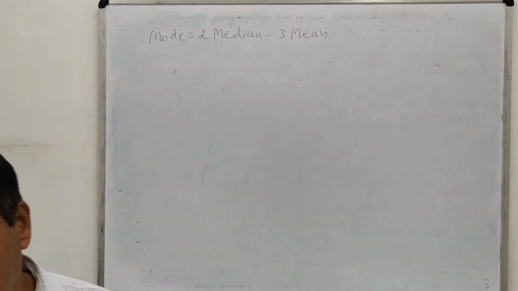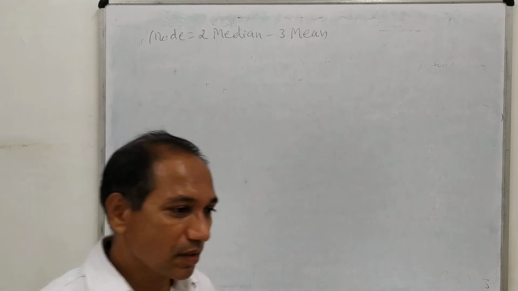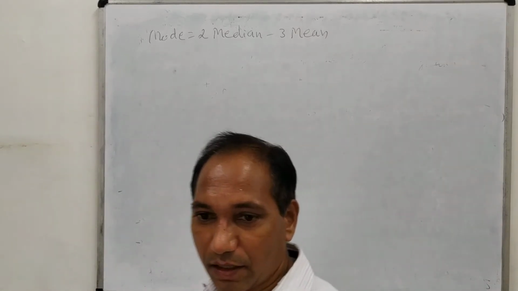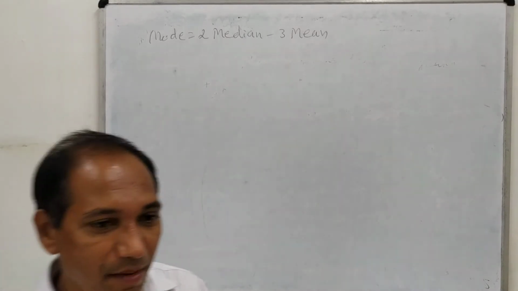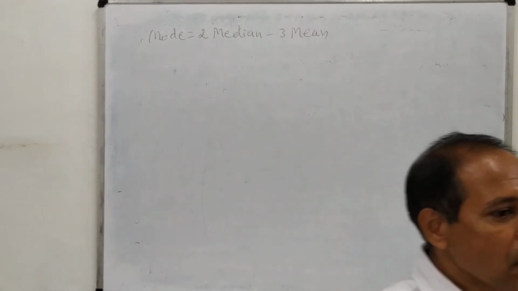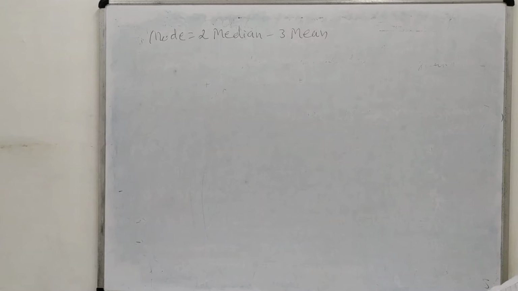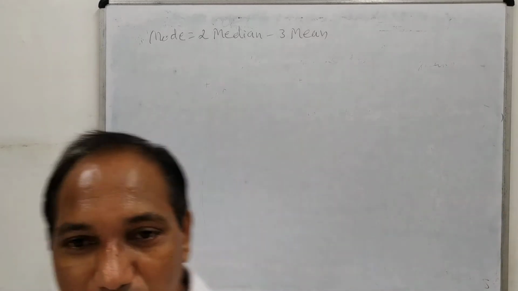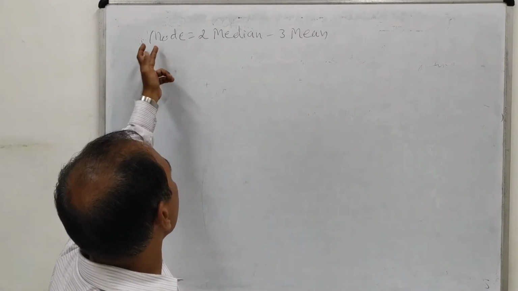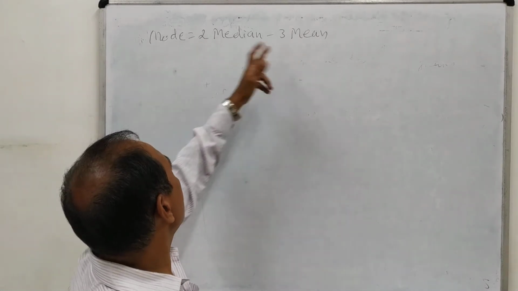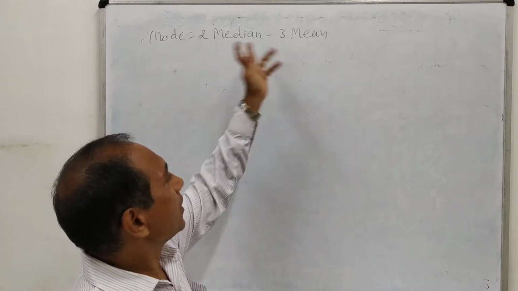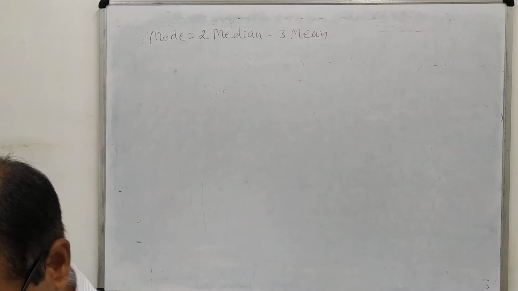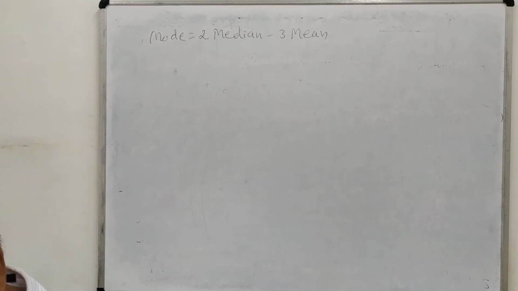So you remember this formula, because by remembering this formula, if we are asked the question in examination to find out mean, median and mode, everything for the single data, then we require to find out at least 2 of these, either mode and median or median and mean or mode and mean. Then the third one you can find out easily by using this formula. So let us see one example of this kind.